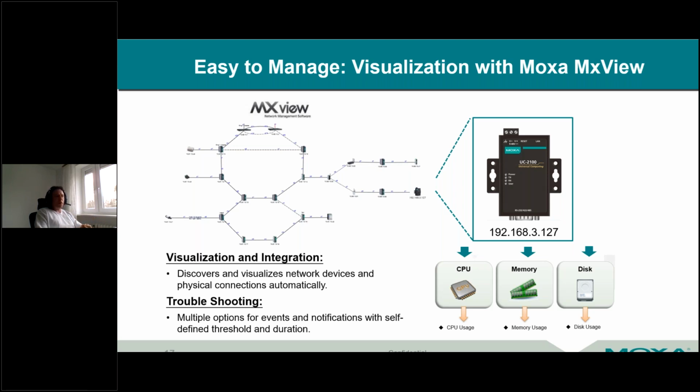Besides this visualization, the customer can easily upgrade the operating system remotely or review the resources of the CPU, memory, or disk usage of embedded computers with just one mouse click. Whoever uses a Linux platform on the shell knows how difficult it is a little bit, and what commands you need to issue, and they are not presented in a human-readable format to easily understand how much CPU, memory, or disk is occupied. But with one mouse click in MxView of this UC-2100 series, the customer can get an overview of all the features